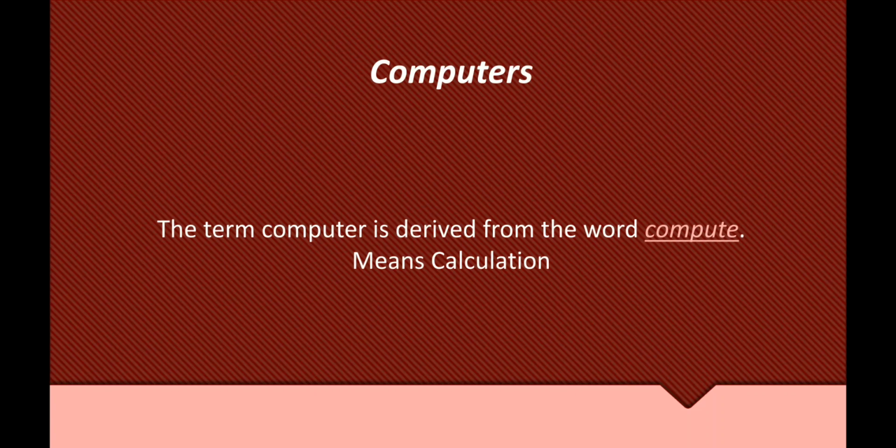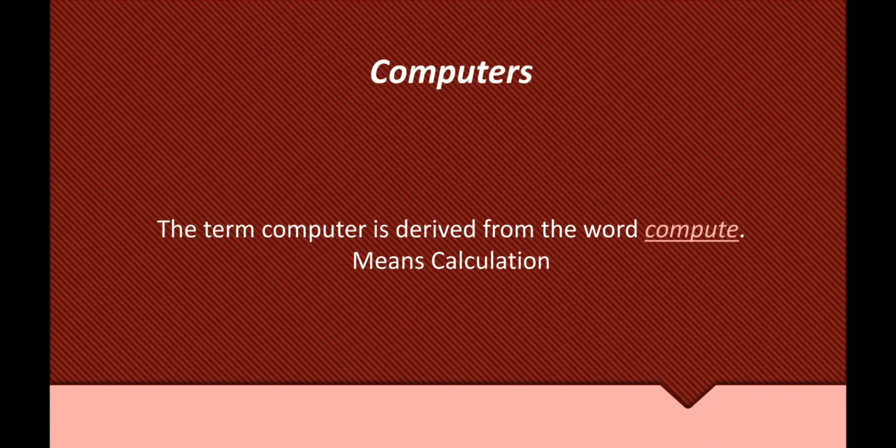And we also know that the computer is an electronic device that can perform arithmetic operations at an amazingly high speed. Arithmetic means your addition, subtraction, multiplication, division, right? So these are the arithmetic operations, and they can be done by the computer system very nicely, very fast, and in a very accurate way, right? So the computer can do these things very easily and in an efficient manner. So this is all about the computer definition, right?